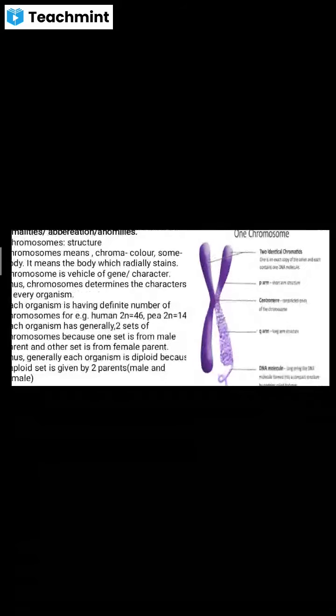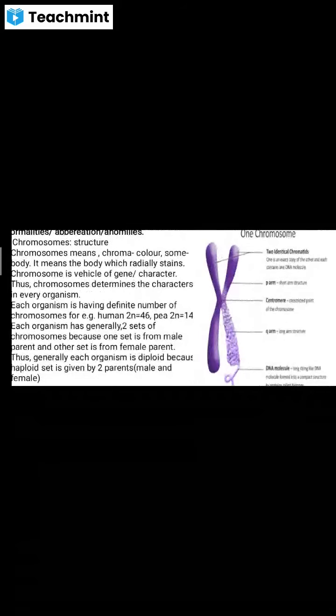Here is the picture of the chromosome structure. Here you can see two identical chromatids, and these two identical chromatids are joined or constricted at a point. This constriction point is called the centromere. It is the center of the chromatids. So two identical chromatids are fused at the centromere. These chromatids have the same, exact DNA copies.